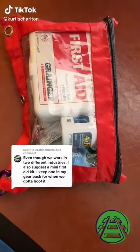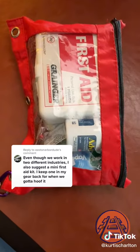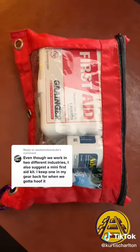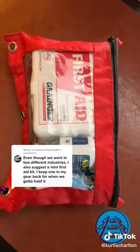Absolutely. I agree 100% with this comment here. These little first aid kits are so easy to throw in your bag. This is just one of those one-person Grainger first aid kits. It has pretty much a little bit of everything in it. There are first aid kits on your locomotive, but if you are taking that walk, you want to take it